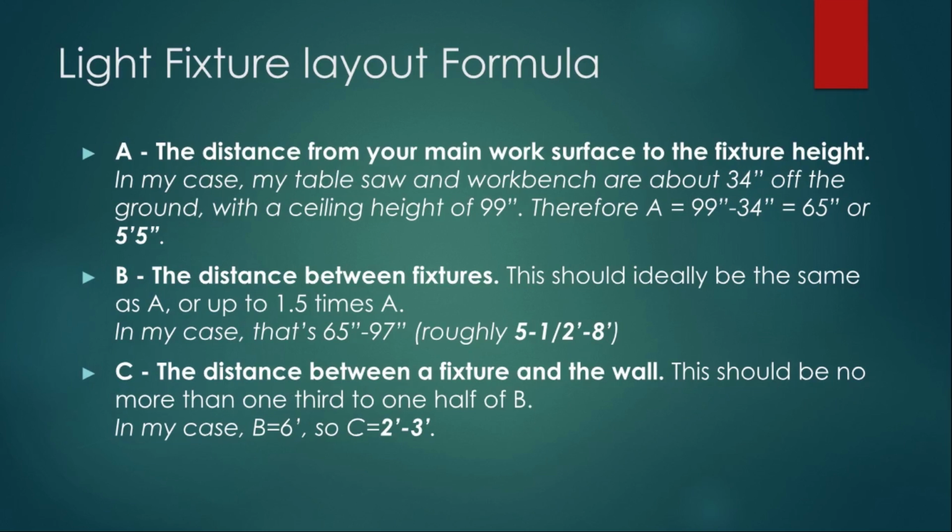The last measurement is C, which is the distance between a fixture and the wall, and this should be no more than 1/3 to 1/2 of B. I decided to go with B being 6 feet, which is close together as far as the formula goes, which is good in my opinion. So with a B of 6 feet, C should be 2 to 3 feet, so no more than 3 feet